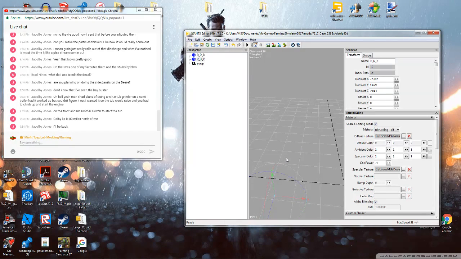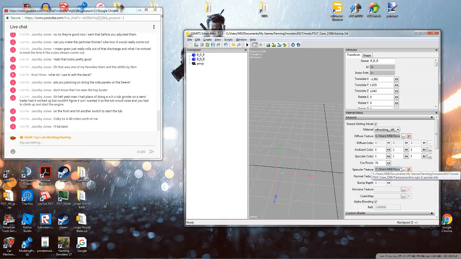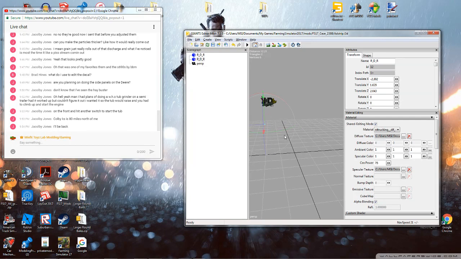Well, it'll appear solid in the game, so it'll just be black. So then a person can take that ad strip and you can put it on anything. You can put it on trailers, trucks,